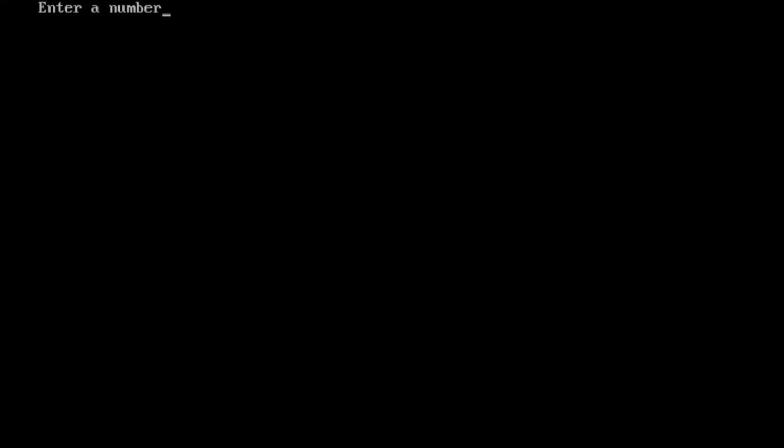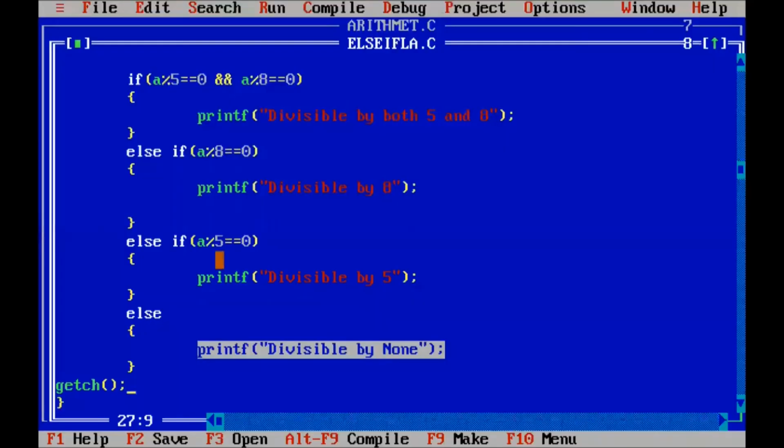One more time we give, suppose, 89. So divisible by none, because the value 89 is not divisible by 5 and 8. So this is the default message. This value 89 is not divisible by any number.